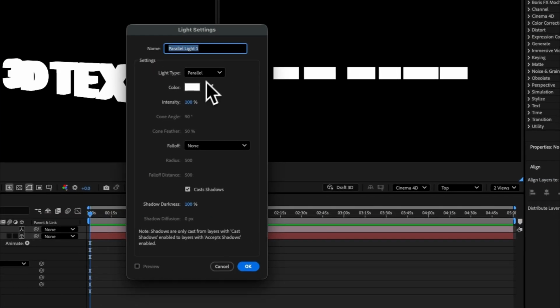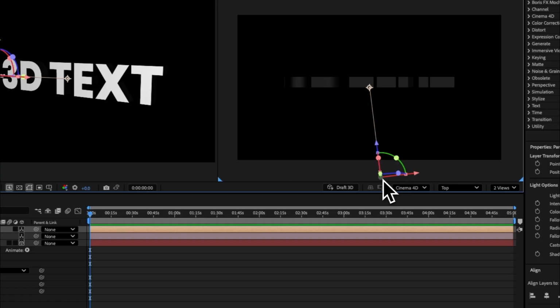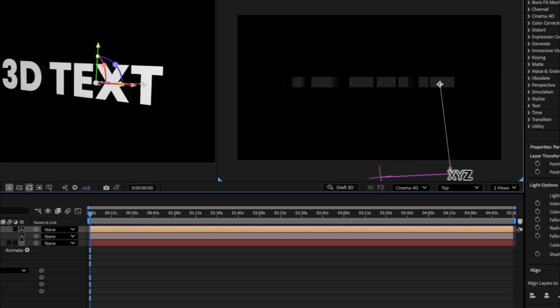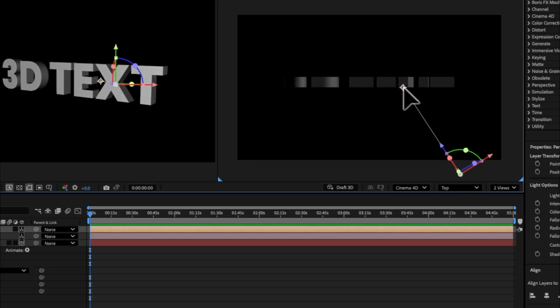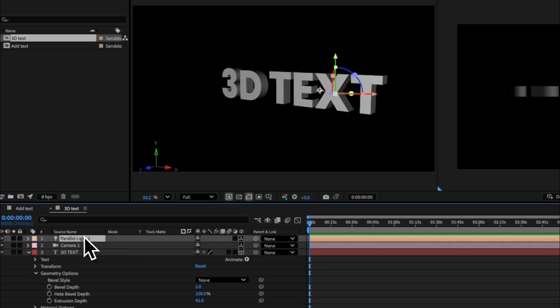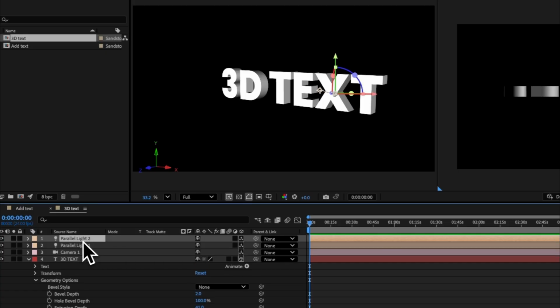Create a parallel light, we can use these settings that I have here, and then choose OK. Now by doing this, this is going to light our text. What I'm going to do is move this first light to the right, like so, and then change the point of interest to the center, and then select that light, press Command or Control D on your keyboard to duplicate,